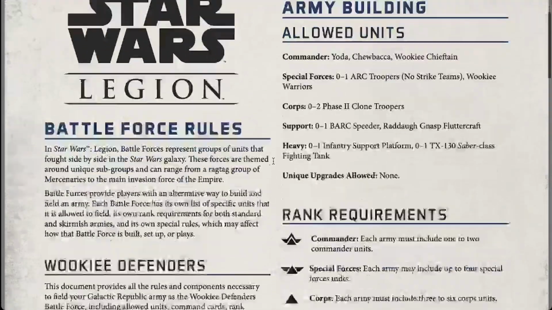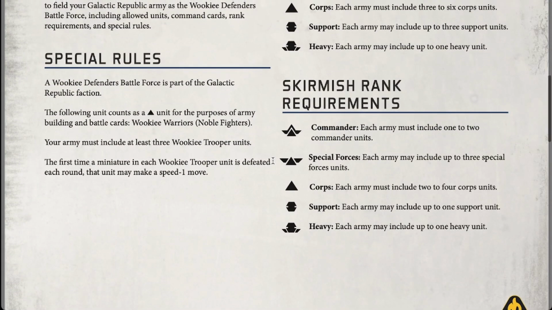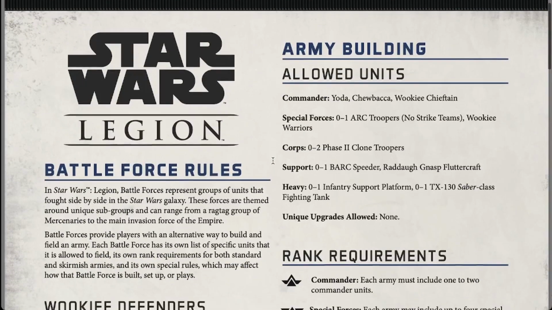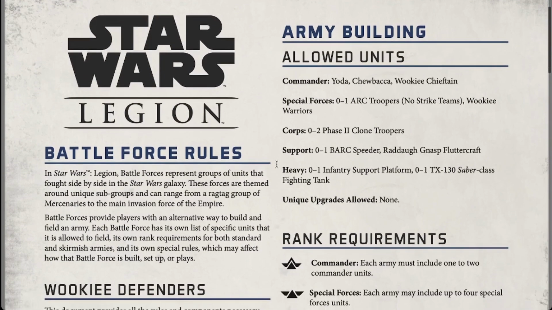But this list, it doesn't really seem that bad. I think you just have to keep shooting it and not let the Fluttercrafts really mess you up. I definitely think the Fluttercrafts are what's gonna really make this list good, because yeah, flying around. I think the meat of this list will probably be like 3 melee Wooks, 3 shooty Wooks, 3 Fluttercrafts, and then like 3, and then a Wookiee Chieftain, and you maybe fit an ARC